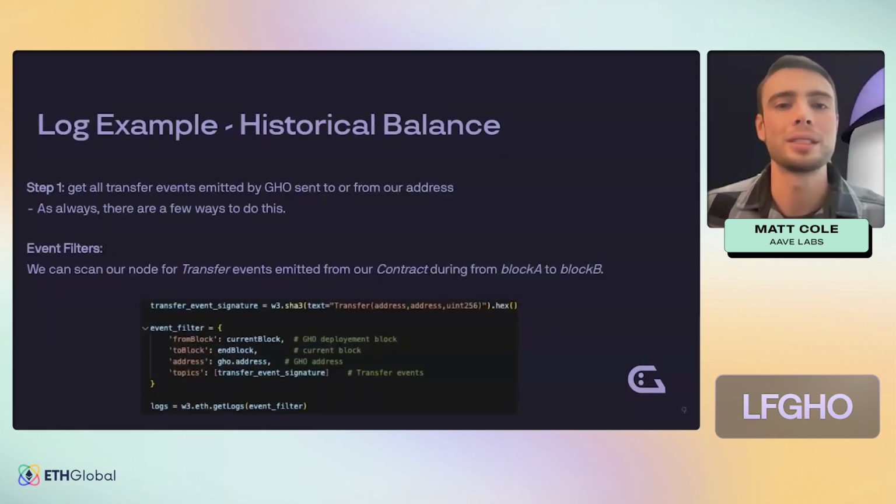So there's a lot of ways to query event data in blockchain. Some people are very passionate about a particular way of querying event data. I think for me, the easiest way to communicate how to do it is using event filters. Basically, we can think about this as our Ethereum node has many, many events, and we only want to look at the ones we're interested in, right? We don't necessarily care about some random event that occurred a long time ago that has nothing to do with Go, right? We just want Go transfer events. So we could filter to do that. So if we look here,